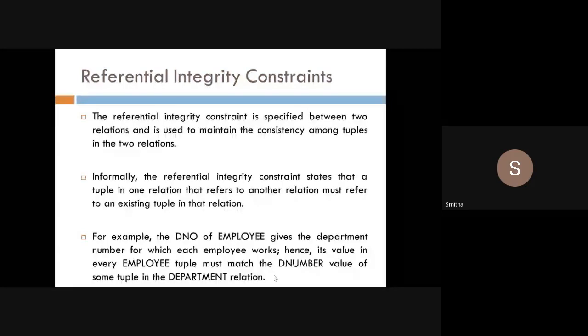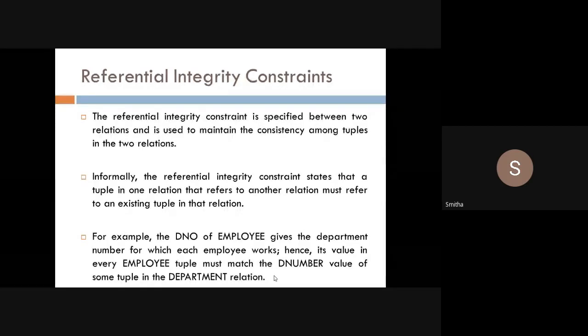When I mention that he is working in 1 and 2, I need to have those values in my department table also. Otherwise it is not valid, right? I will say that he is working in department 1 and he is working in department 2, but if I don't have those departments in the department table, then how can I refer to them? Is it, students? So that is referential integrity constraint.